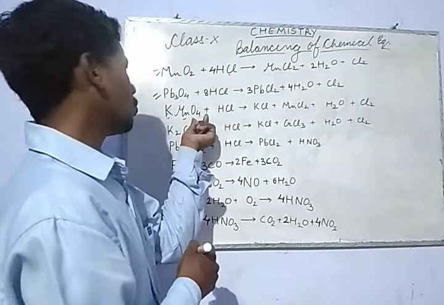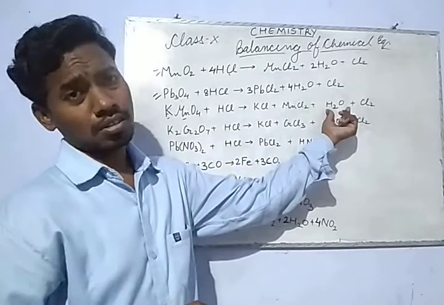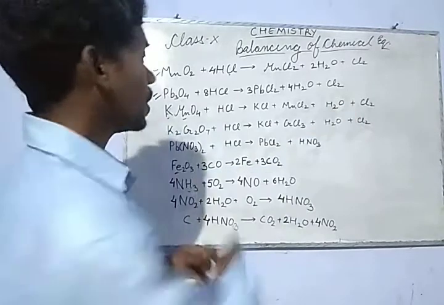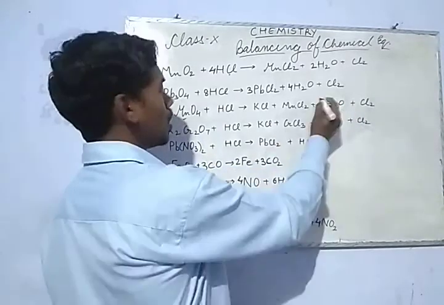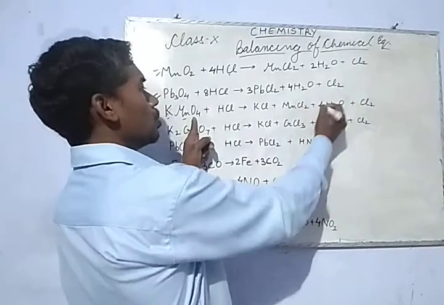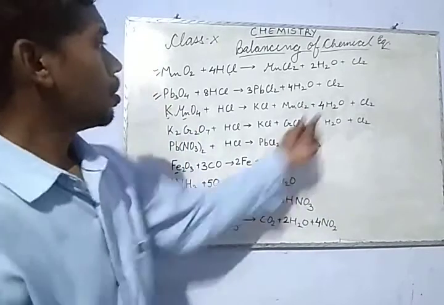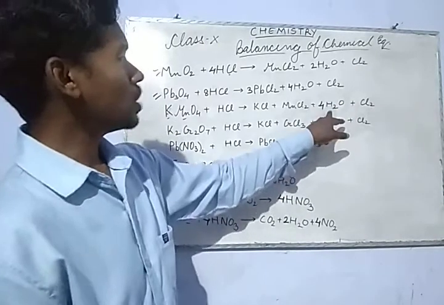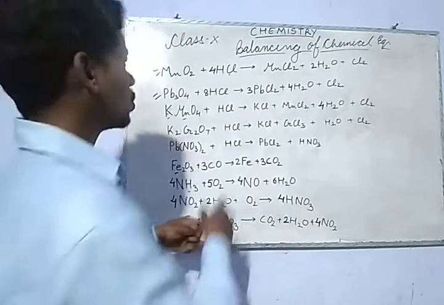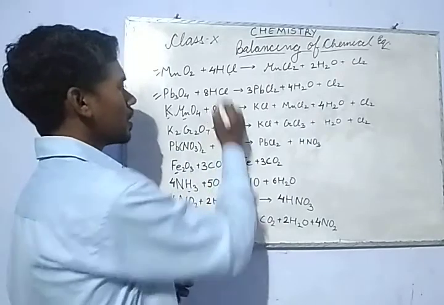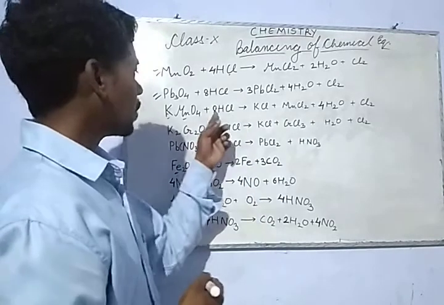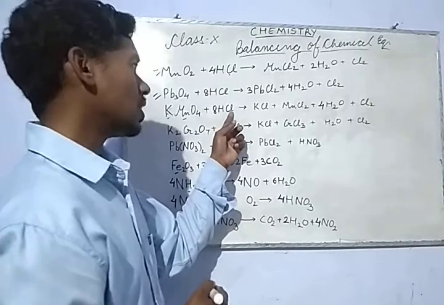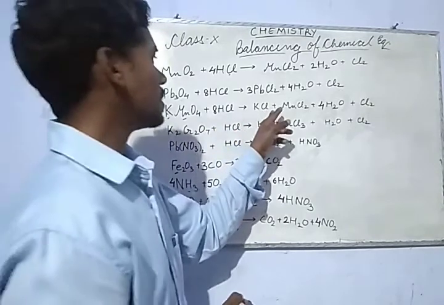Now we go for oxygen. Oxygen how many? 4. How many here? 1. So it is again odd. So we need to make it even. How? By making it 4. So it is 4. Okay. 4 H2O. If it is 4 H2O, you see that hydrogen number has changed to 8. So how many? 8. If we have 8 HCl, then we have how many chlorine? 8. So let's make it 8.